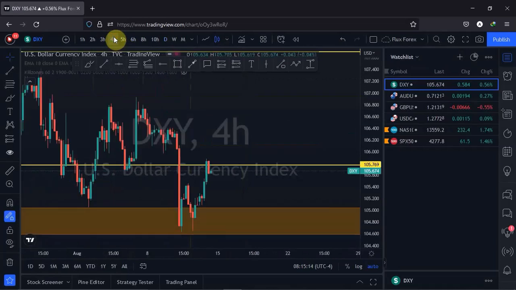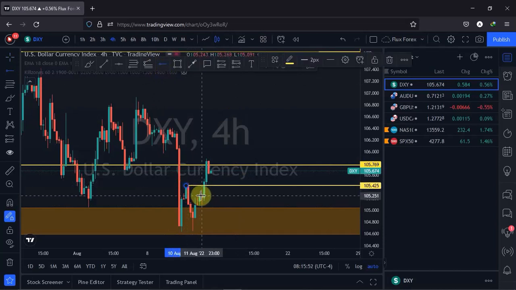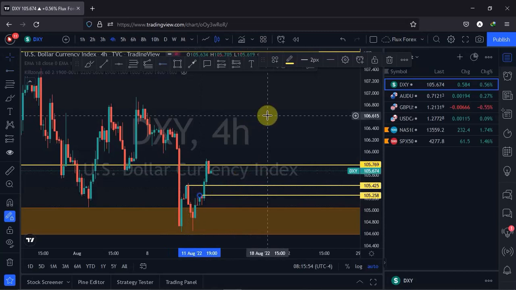Let's move to the 4-hour time frame and see what is happening. We've seen a market break out in this intermediate high. It's not really a market shift. Going into next week, we are likely to see price push a little bit downward to the zone before we see an expansion to the downside. So going into next week, I'll be very watchful within this area and look at how price is going to react.